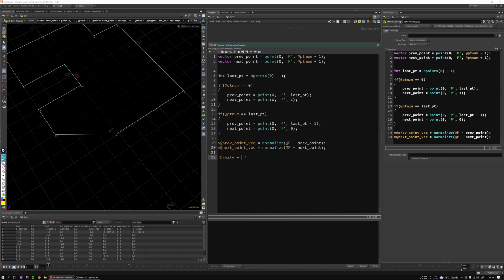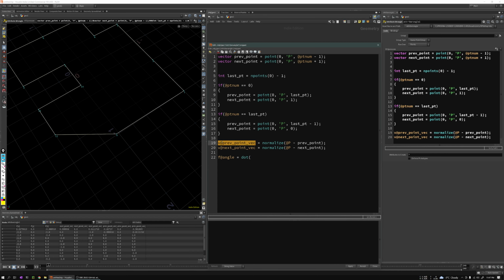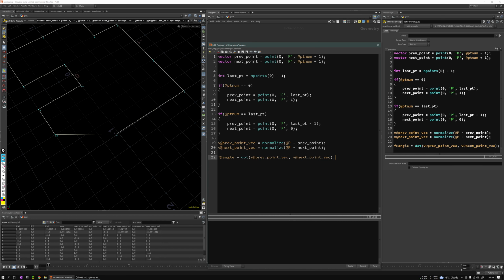Okay, so angle is equal to dot, and now we use the v@previous_point and the next point. We already have these, so just copy and paste. And this one. And this. Okay, so what we basically get here is a float number, a scalar, from -1